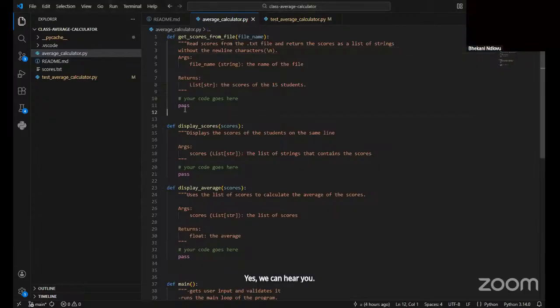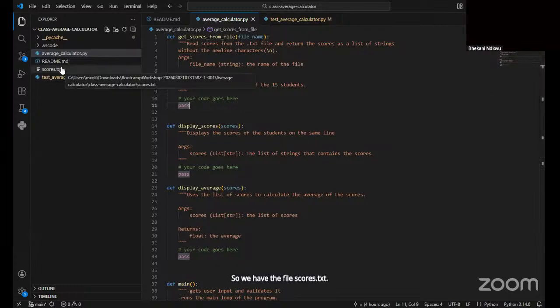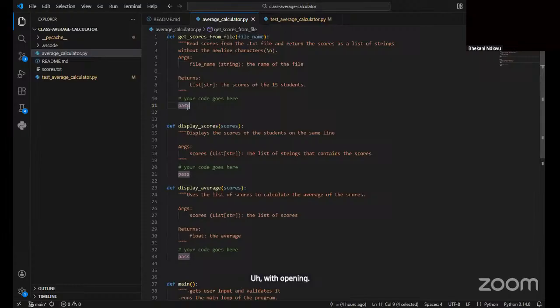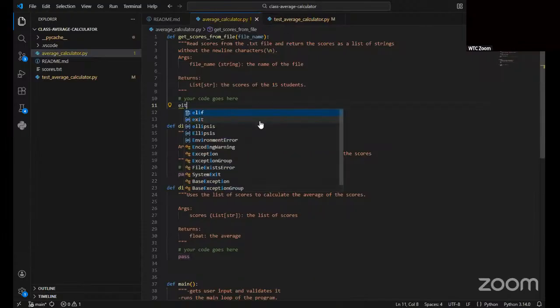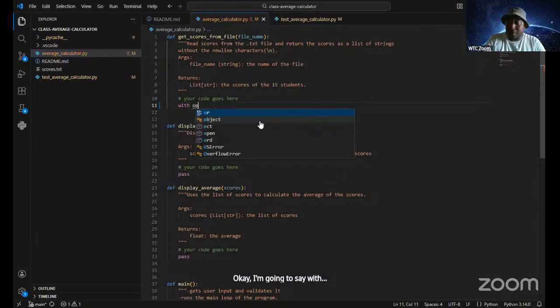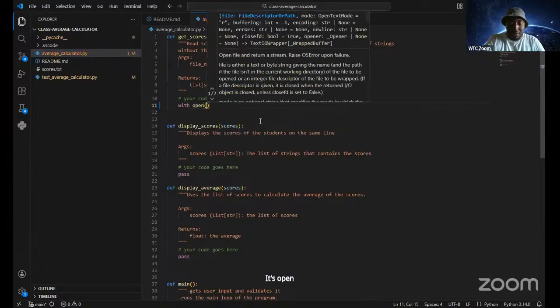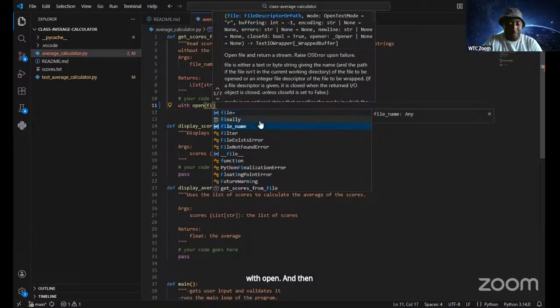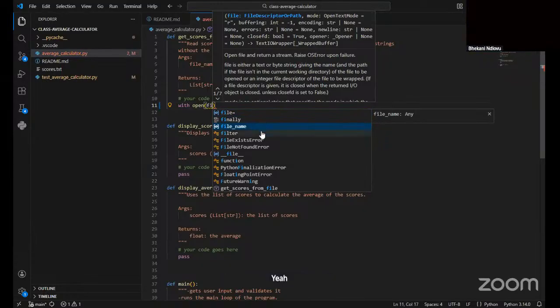So the first function says get scores from a file. So we have the file scores.txt. We need to read the file. So we're going to say with open, and then we say file name, which is the argument that was put there.